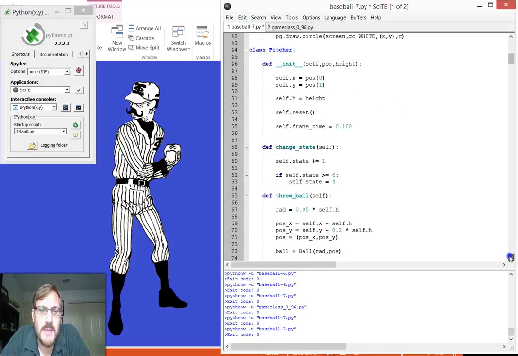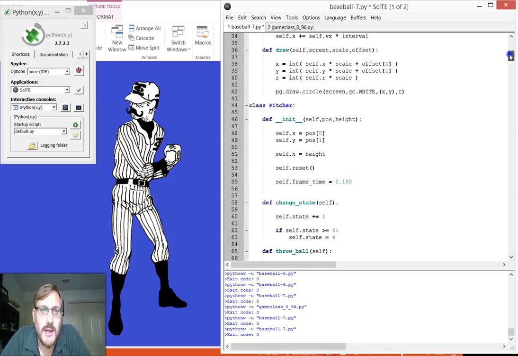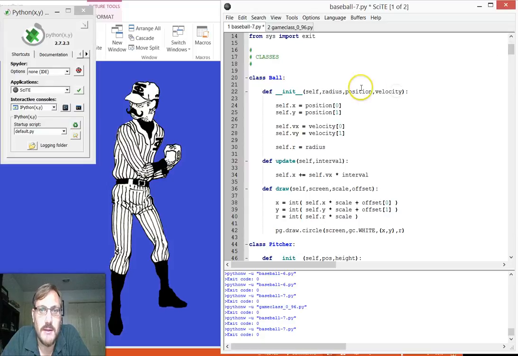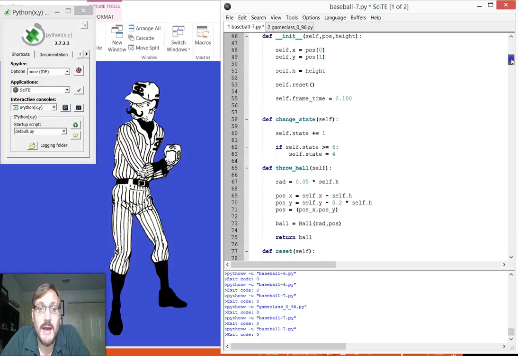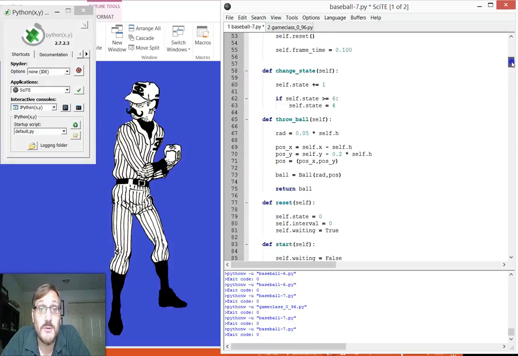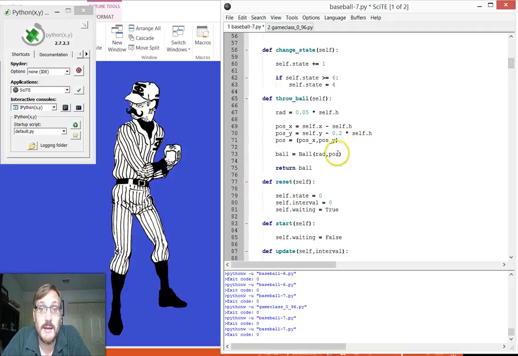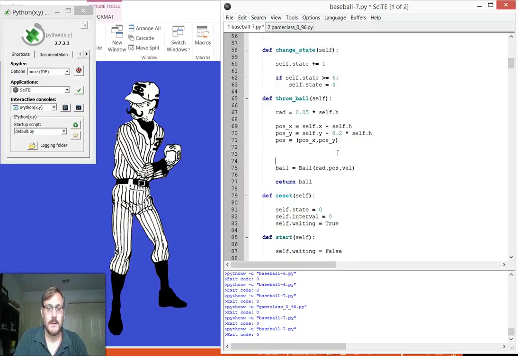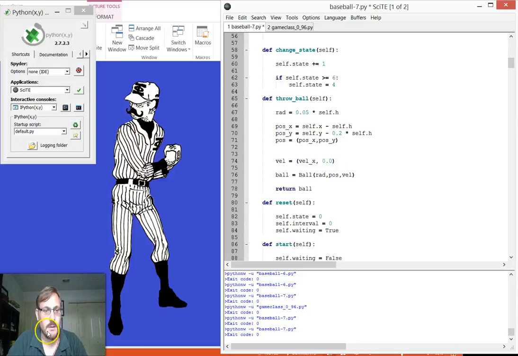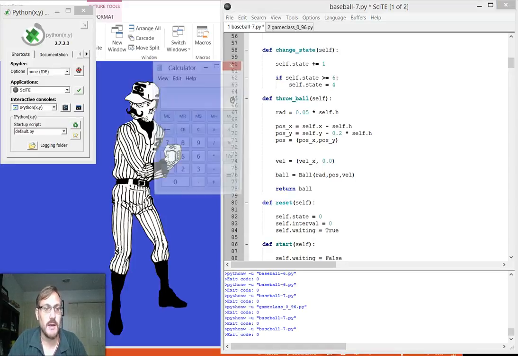So that means, though, that when we create our ball, since I have this velocity in there, I have to give a velocity to it. So my throw ball is going to need a vel as well, okay? And vel is going to be equal to vel x comma 0.0. That makes it a floating point number, and somewhere down here I have a calculator,